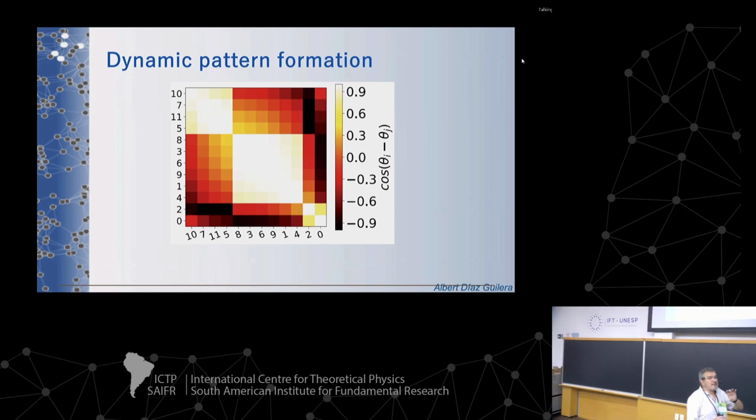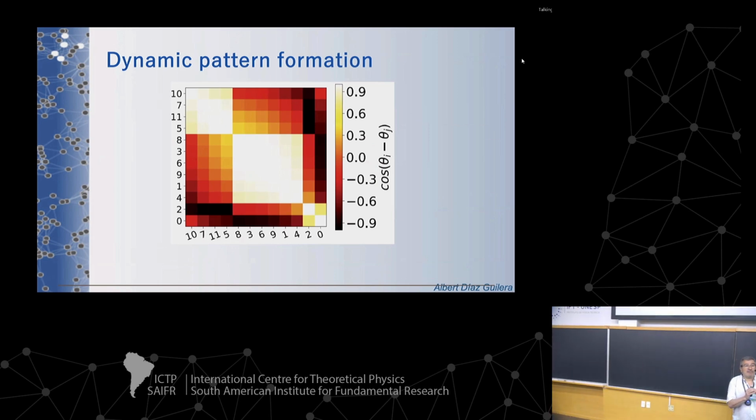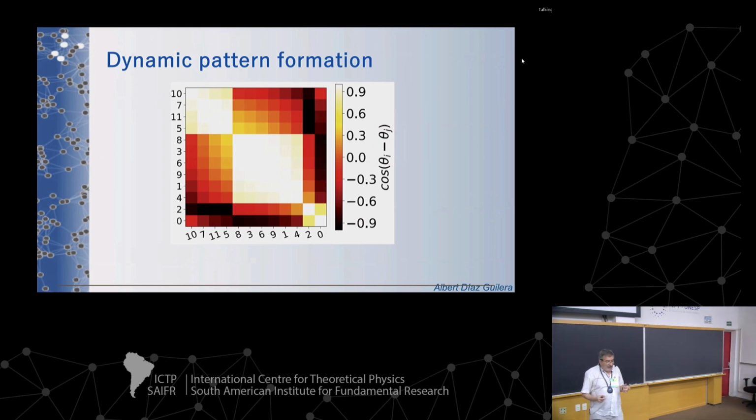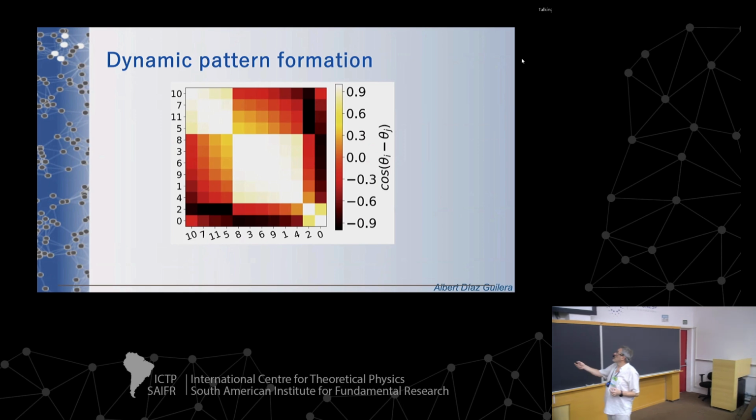now we forget about the individual neurons that we have inside every cell, and we look at what happens at the module. So we define a phase for the module, and then we look at how the different modules are correlated among them. Then we can look at this type of heat map, and we can identify that there is some sort of synchronization, because if you look, those are the correlations. So this is the area between the modules 5, 11, 7, and 10.